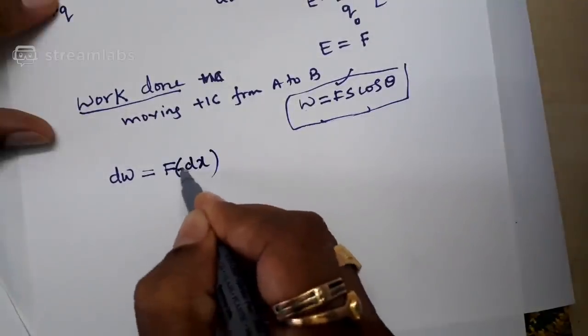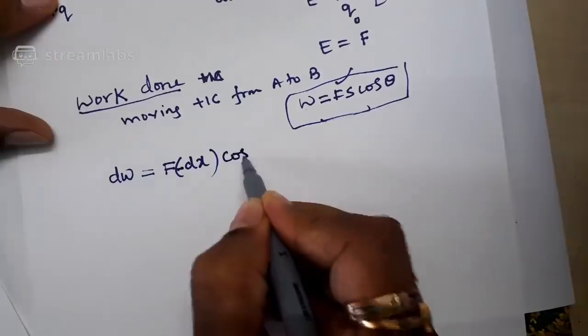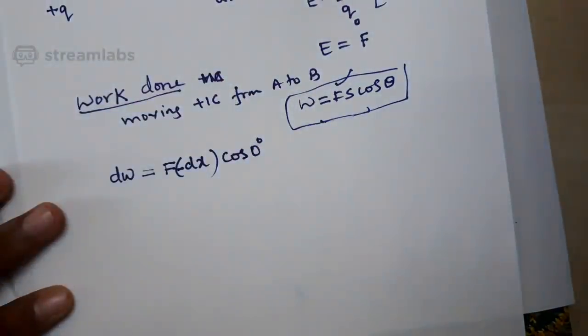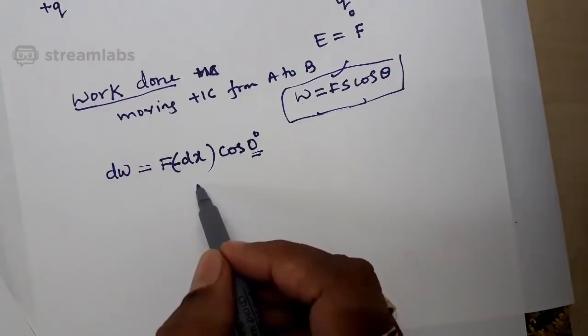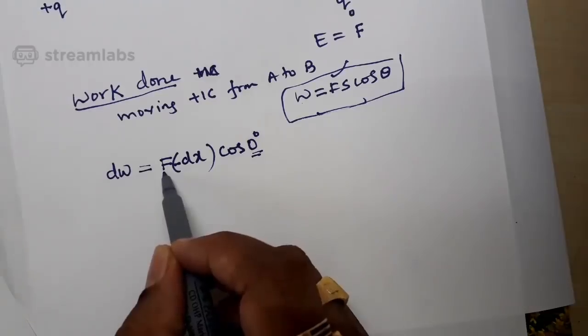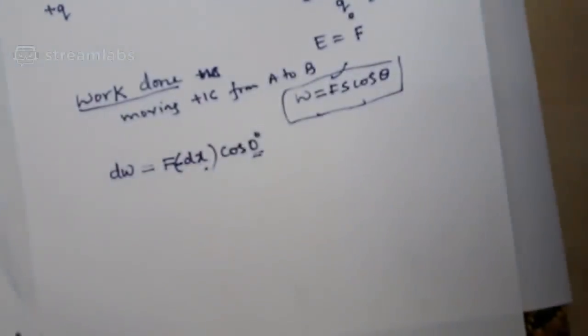This time the displacement is taken as minus dx. And cos theta is as it is, where theta is the angle between the force and the displacement, that is 0. Because you are applying a force from right to left, and displacement is also taking place in the right to left direction. That is why theta is 0. Now the question is about this negative sign. How come the negative sign? The force is what you applied, which is equal in magnitude to the electrostatic force of repulsion. But displacement is taking place in the same direction in which you are applying the force.